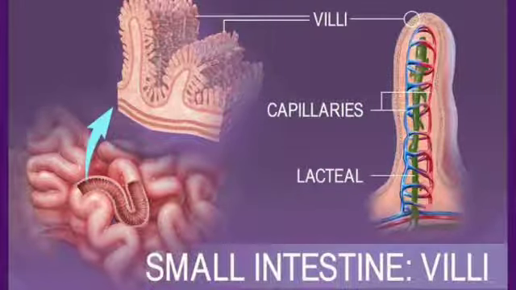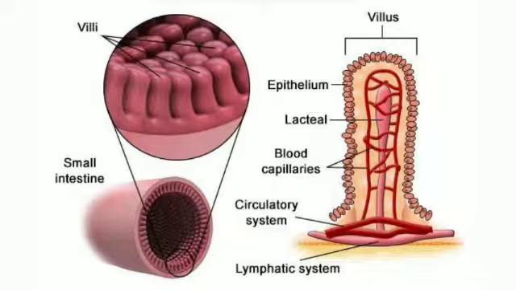Now, after the food gets digested properly in the stomach, where digestion happens for more than 5 hours, the food is then passed through the small intestine for a process called absorption. Absorption happens mainly in the small intestine because of a finger-like projection present in the inner wall of the small intestine, which helps in the absorption process.